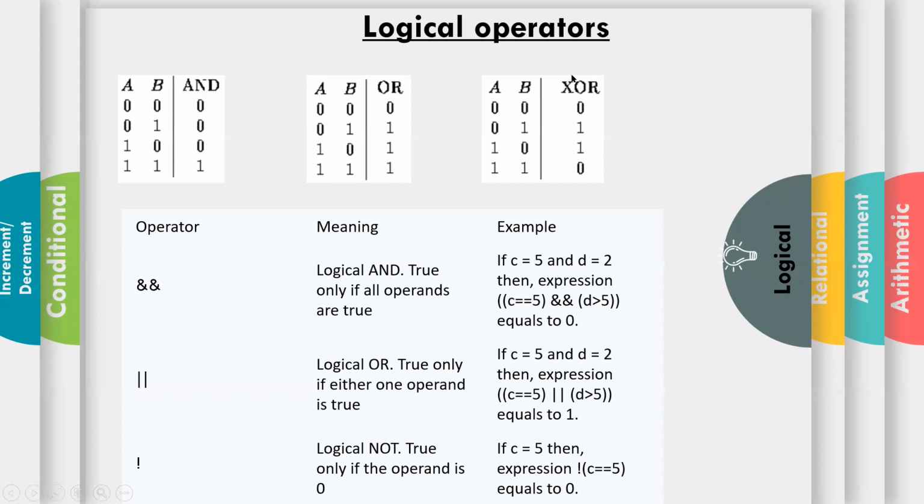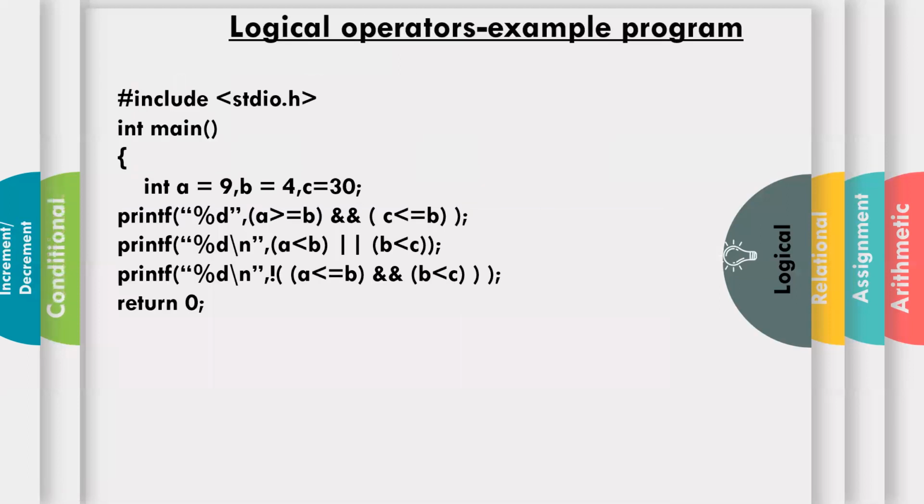This XOR we will cover in bitwise. So for understanding these logical operators, you need to know these AND and OR truth tables. These are called truth tables. Okay. So what is the purpose of logical AND and logical OR? Generally to combine other conditions. Okay. Here, if both are true, then only the output is true. If at least one of them is true, then the output is true. So here in C language, in the case of true, it will display 1. If the output is false, it will display 0. And logical NOT is, it changes true to false and false to true. So this is a simple example program.